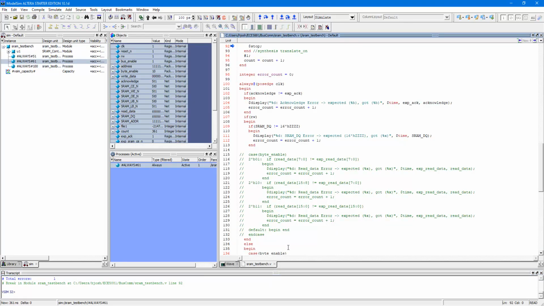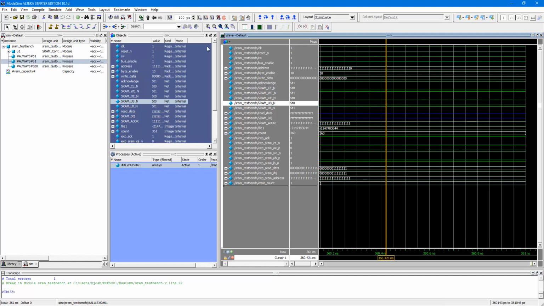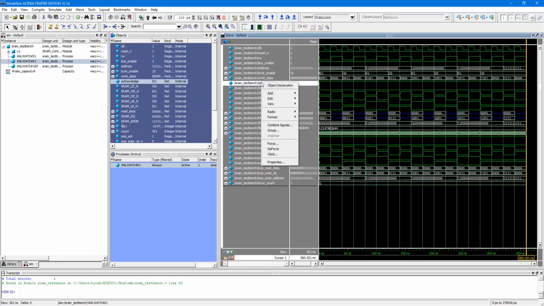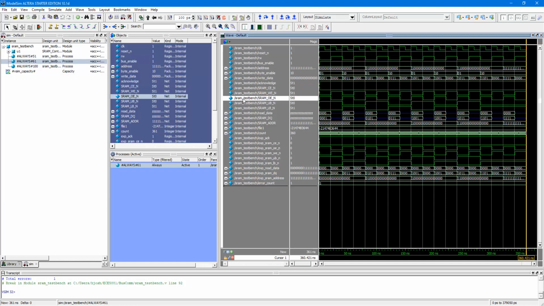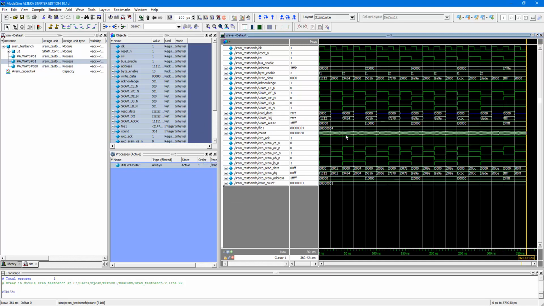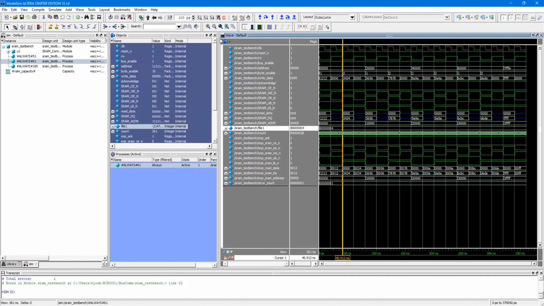That will run till the end of the simulation. Okay, and then we can zoom full. Okay, so let's switch the radix to hexadecimal. Okay, so now if we zoom in a little bit,